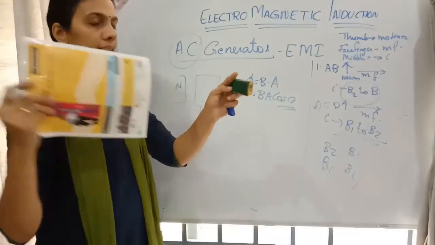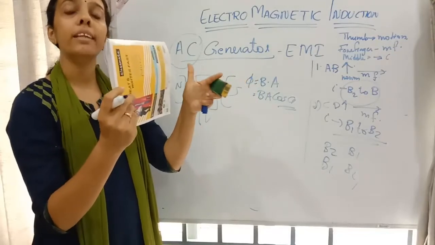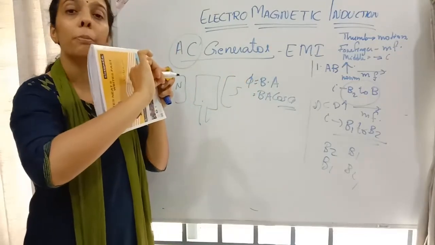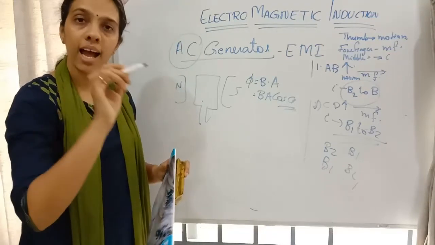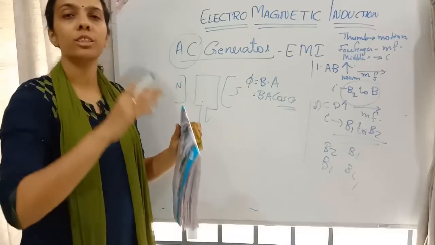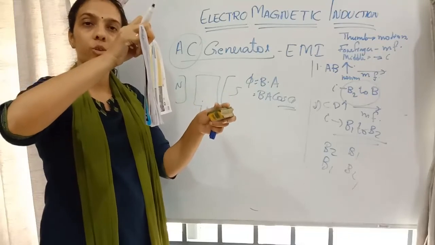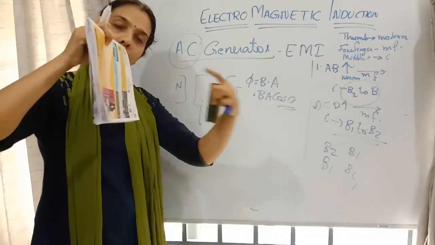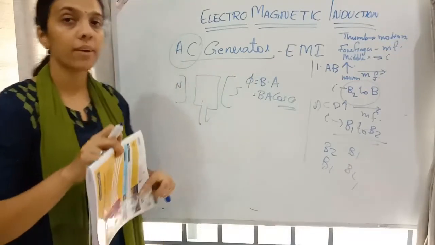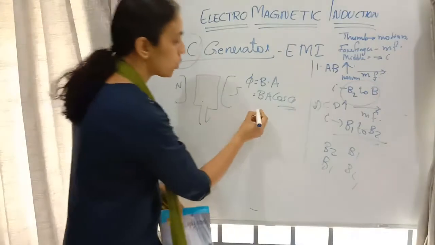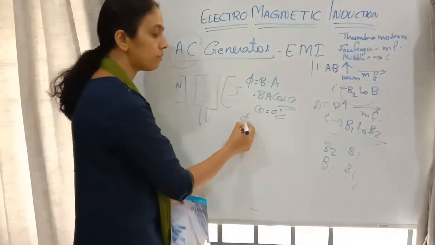What will be the angle between A and B when I am keeping it like this? Here, you should understand the magnetic field is in this direction, but the area direction will always be perpendicular to the surface. So in short, the magnetic field and area are parallel to each other. When we observe it, the coil looks perpendicular, but the direction of the area vector will be perpendicular to the surface. So the magnetic field and the area vector are acting in the same direction. So here theta will be equal to 0. We will get the maximum flux over there.